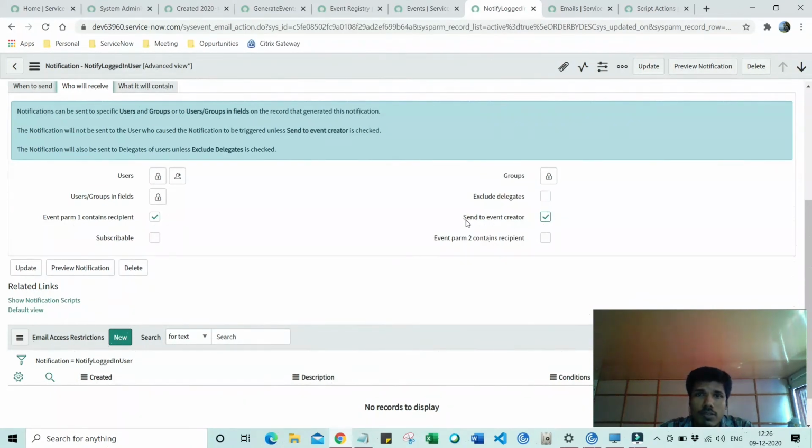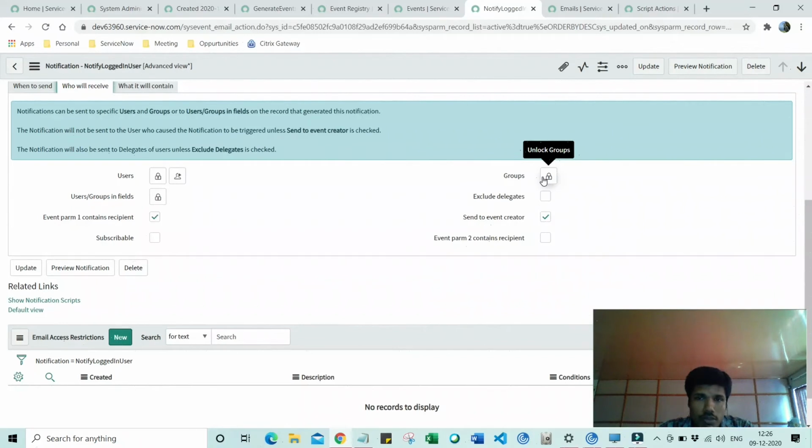This is a field which, when checked to true, we have to set the user on either of these fields, that is user, user groups, or param1 or param2. If I check this field and I don't give any input for users on either of these fields or the groups, then no notification will be triggered.